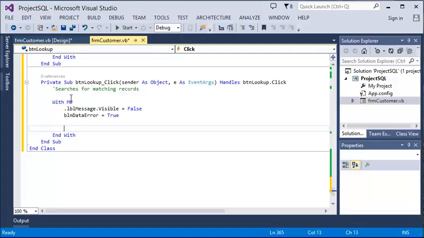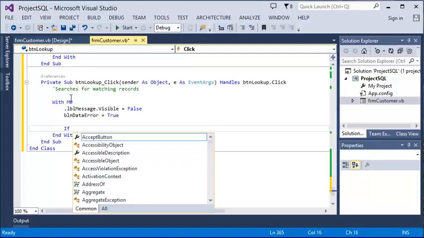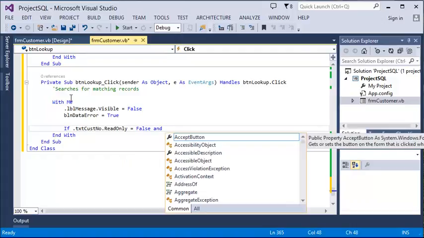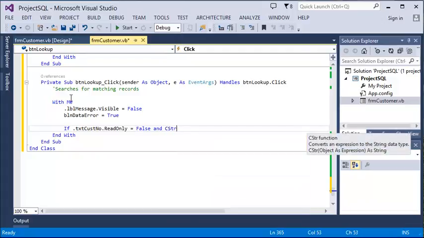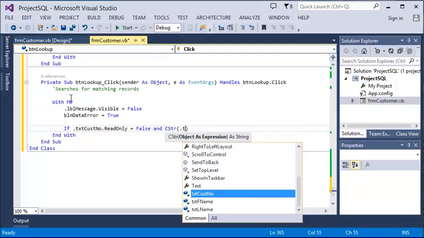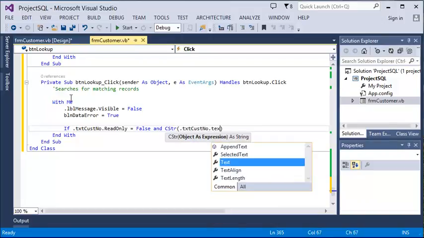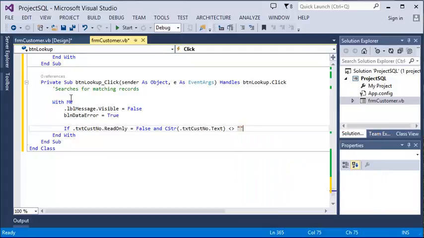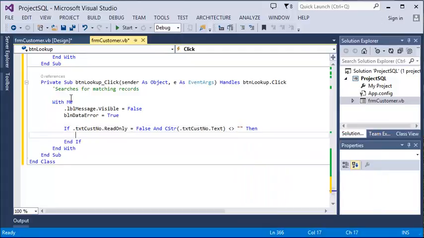Now I want to say, okay, if txt cusno is read-only is false and it is not equal to nothing. So here we're going to say if .txtcusno.read-only equals false, and we want to convert this to a string because it's all numeric. So here I'm going to say CStr, convert to string, parentheses, whatever is in .txtcusno.text, close parentheses, if that is not equal to a null character, or two double quotes there. So that means there is data in there. I will now apply my